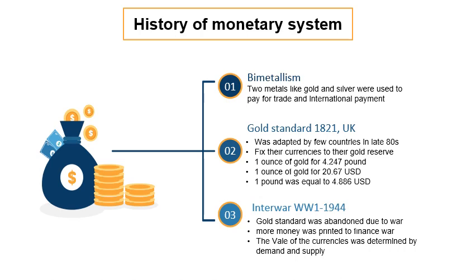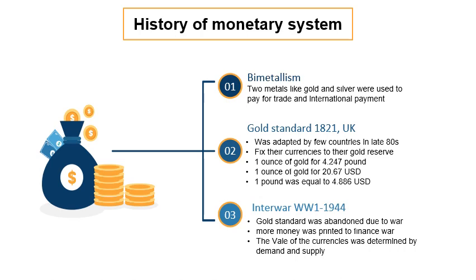A good thing about bimetallism is that it was acceptable all over the world, because the currencies were valued based on the weight of that gold and silver. But later on, the UK was the first to adopt the gold standard system, because it was very hard for people to carry gold and silver around for trading purposes.